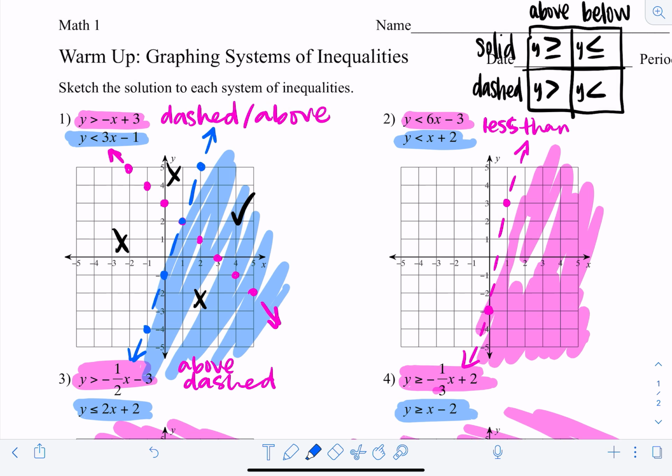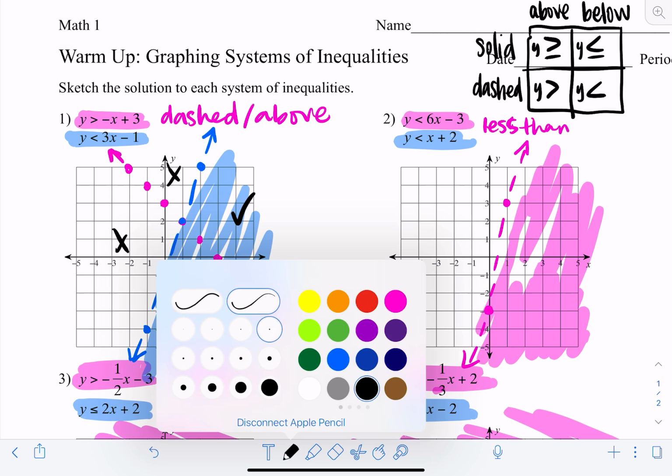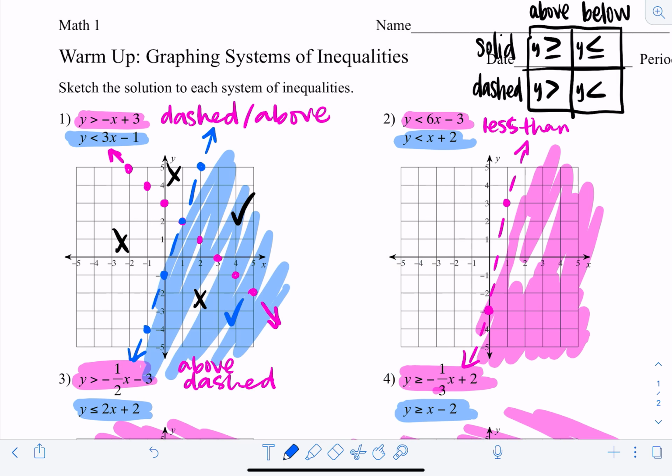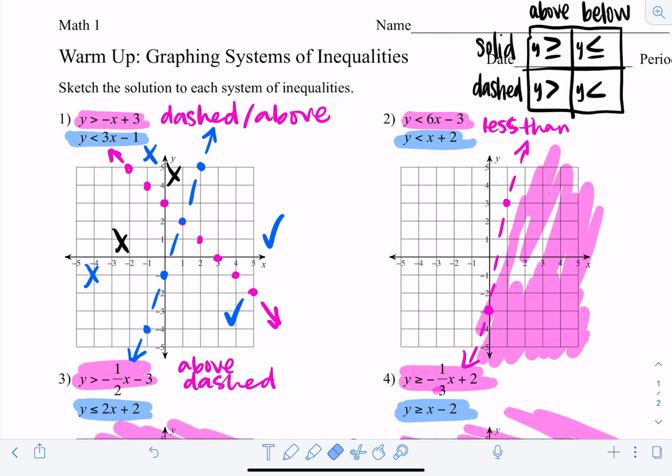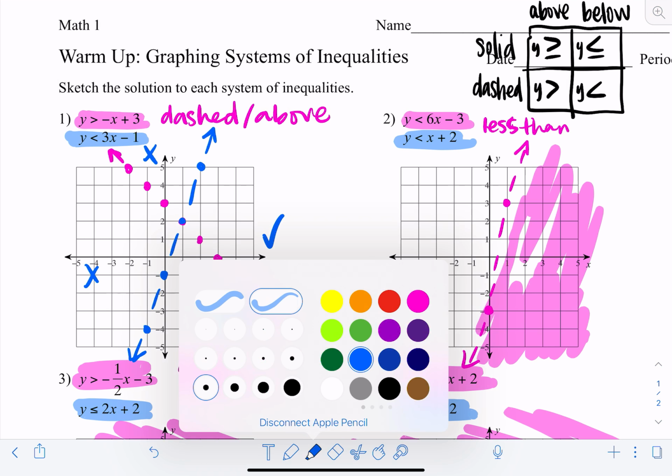I'm actually thinking of changing some of this right now, seeing if this just helps in context. So this is yes for blue for both of these sections, and this would be no for blue in both of these sections. If we go back to pink real quick,